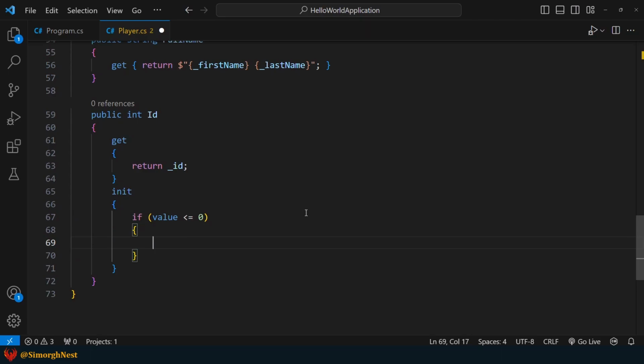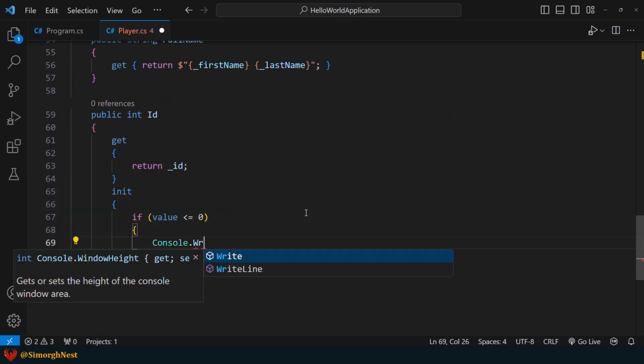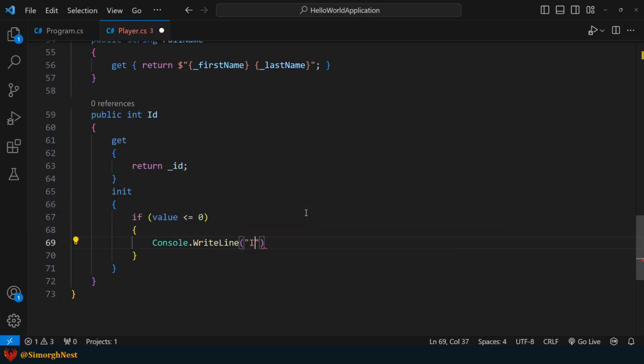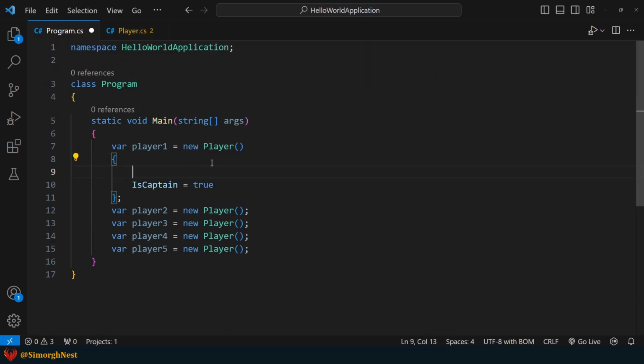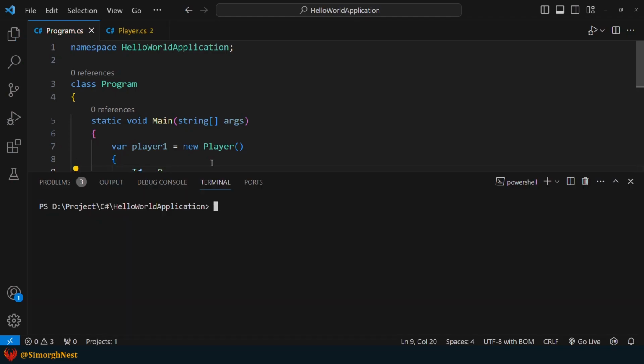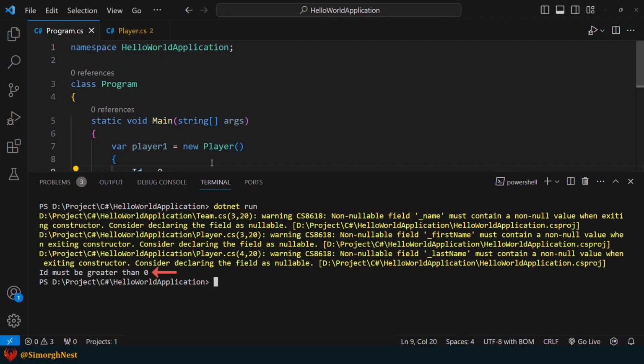If the value meets this condition, we'll display an error message. Otherwise, we'll simply assign the value to the ID field. Okay, now let's assign an invalid value to the ID property. Next, run the application. As you can see, an error message is printed.